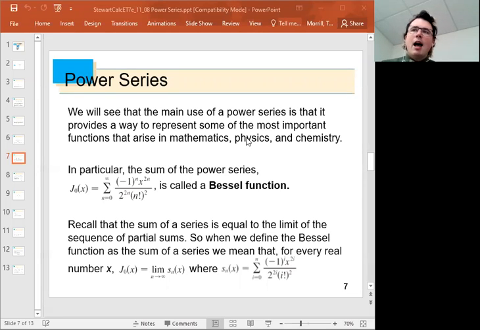Now, lots of functions come to us written out as a power series. So we can already think of a certain rational function as a power series. If I've got 1 divided by 1 minus x,